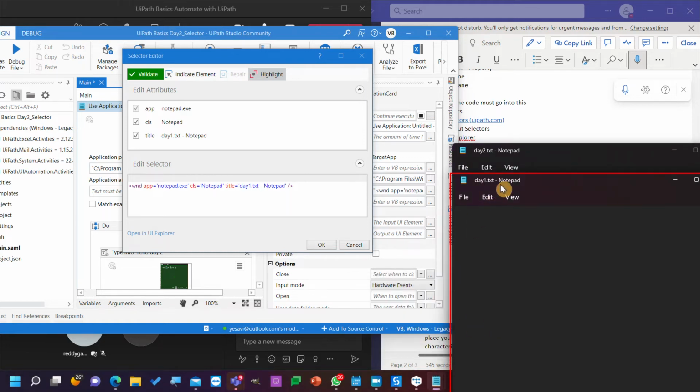Notepad, day1 and day2. Just observe. If I change this to 2, delete, validate. Now what is dynamic between these two? This number, right? Only this number is dynamic. So if I can change this number as a